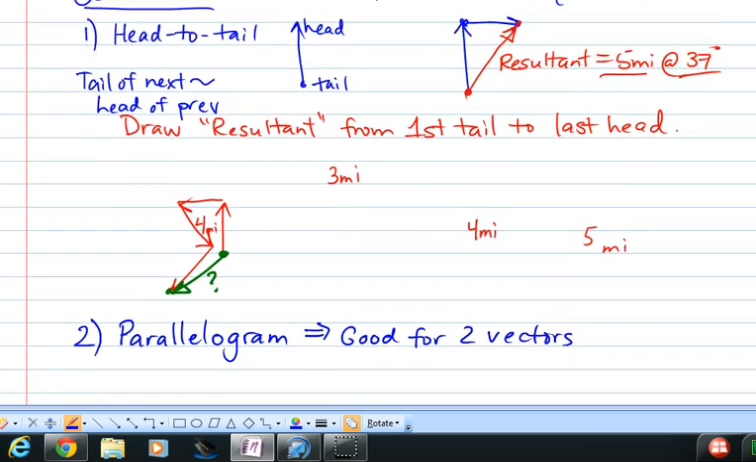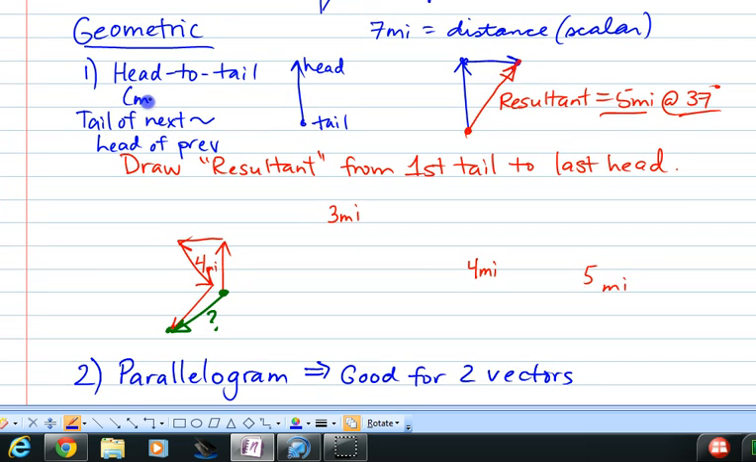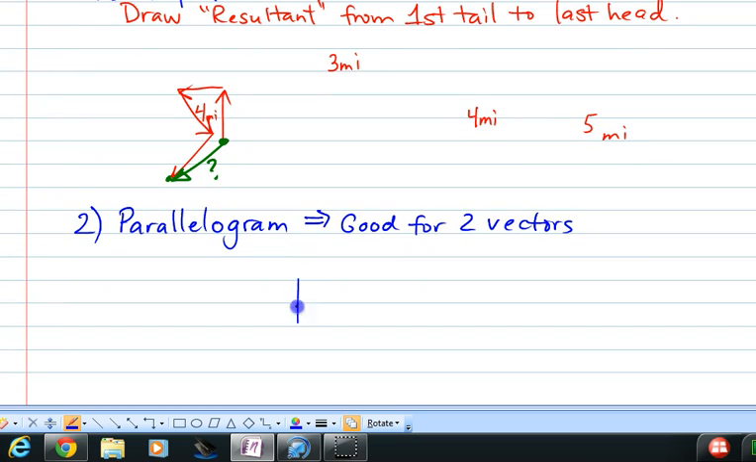Head to tail, on the other hand, is good for multiple vectors. Okay, and the parallelogram rule says, again, let's say I have 4 miles going north and 3 miles going east. So in parallelogram, what I do is I form an angle